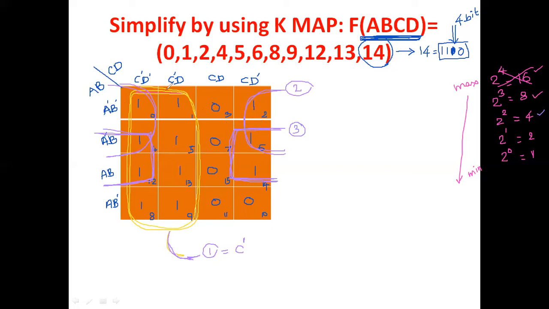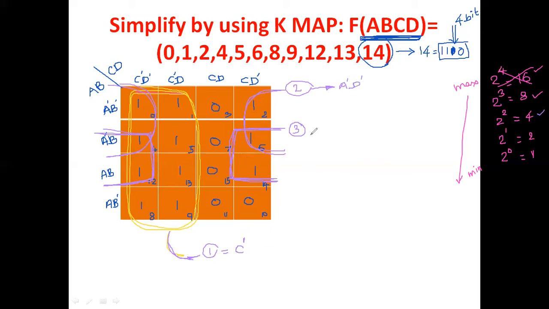Similarly, here also the common is A bar only. And row wise, for these two ones, here C bar D bar, here C D bar. So C bar is changing to C. Definitely C is not a common variable. Similarly, for this also same thing. So for this second grouping, the common variables are A bar and D bar.